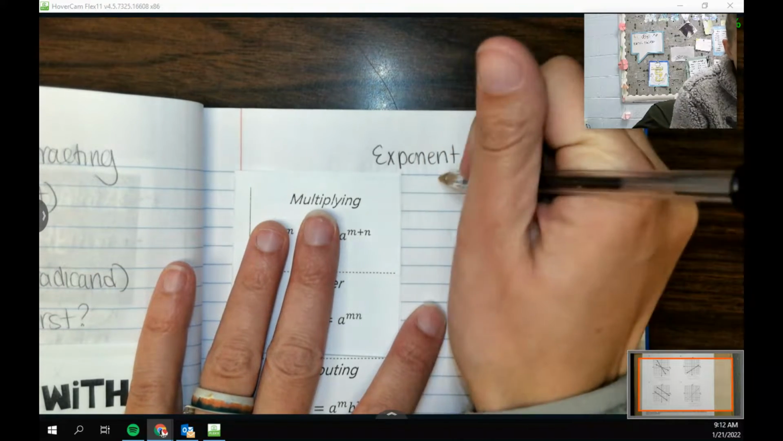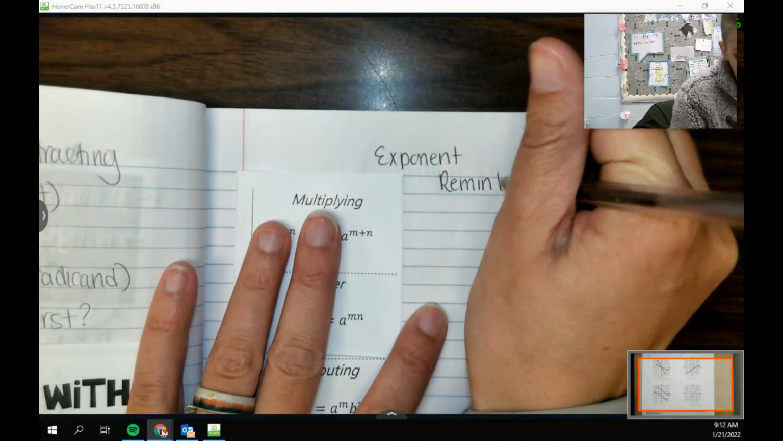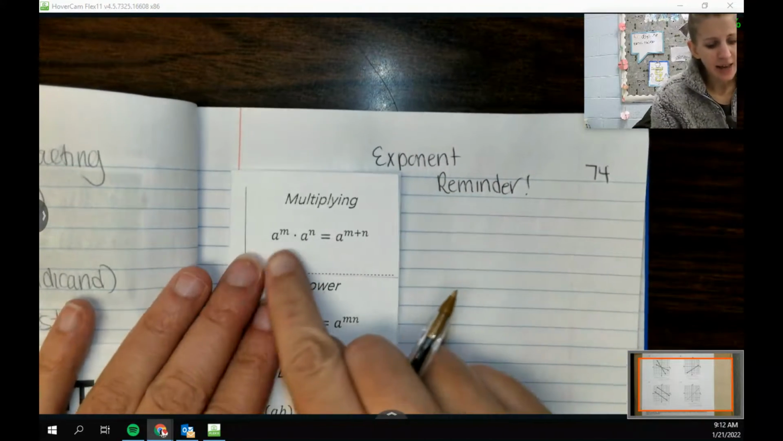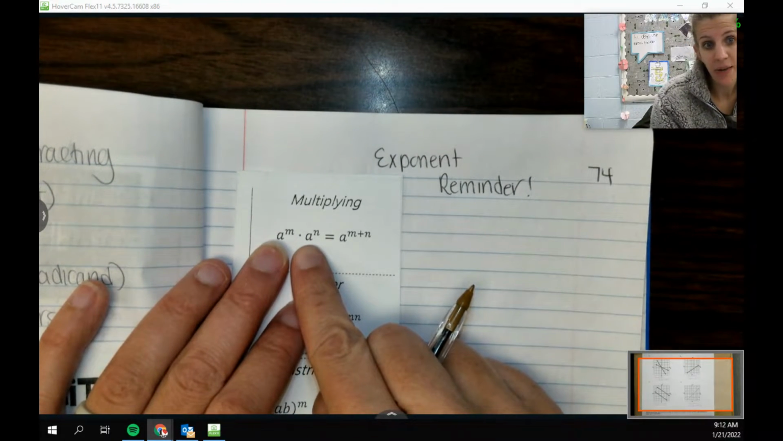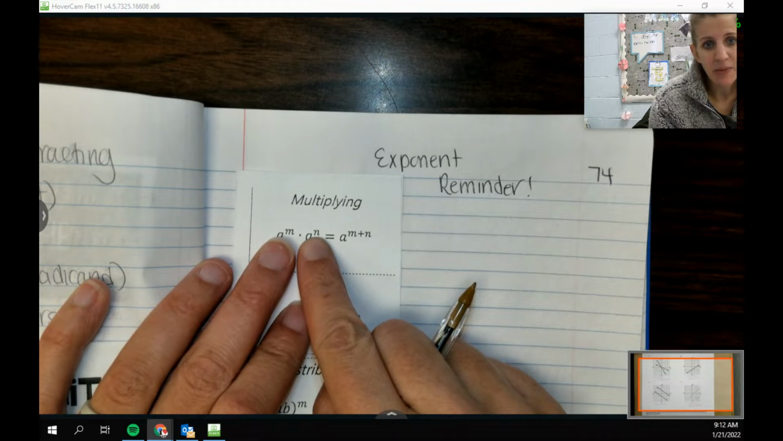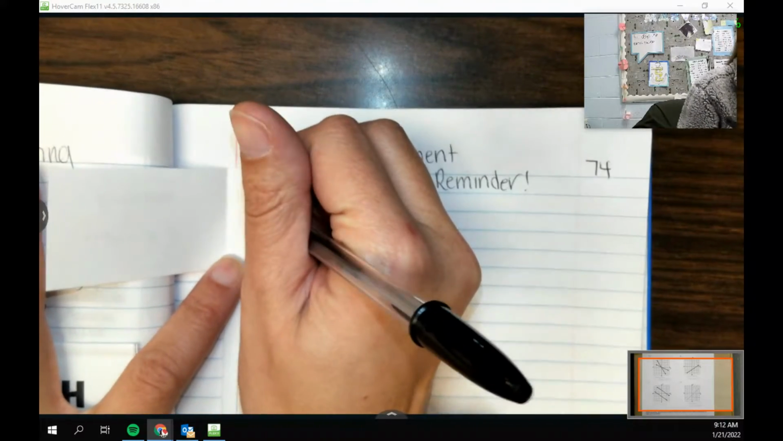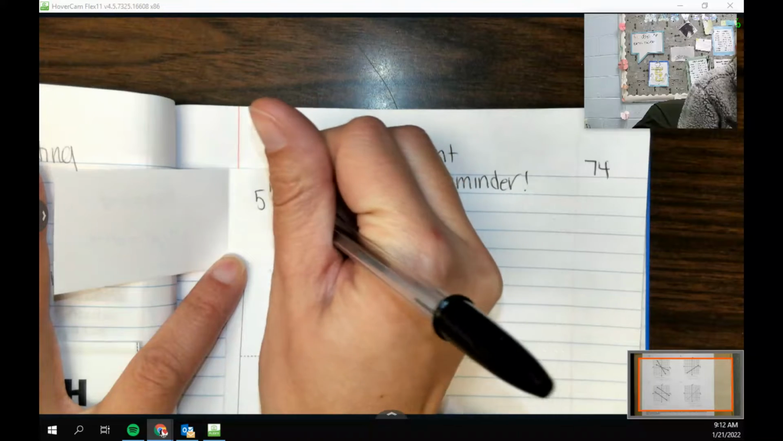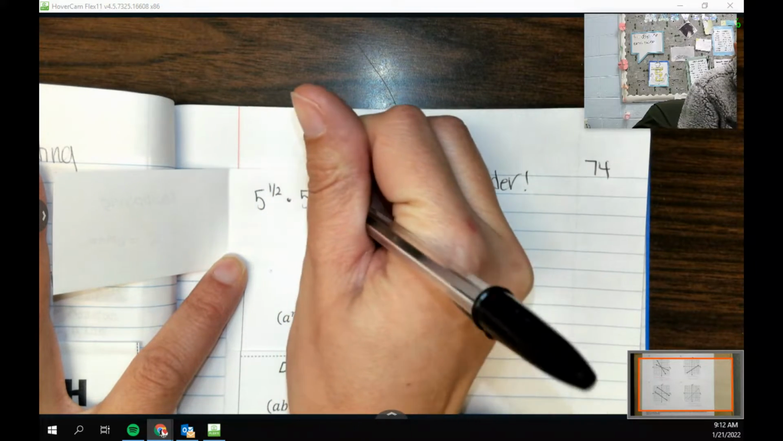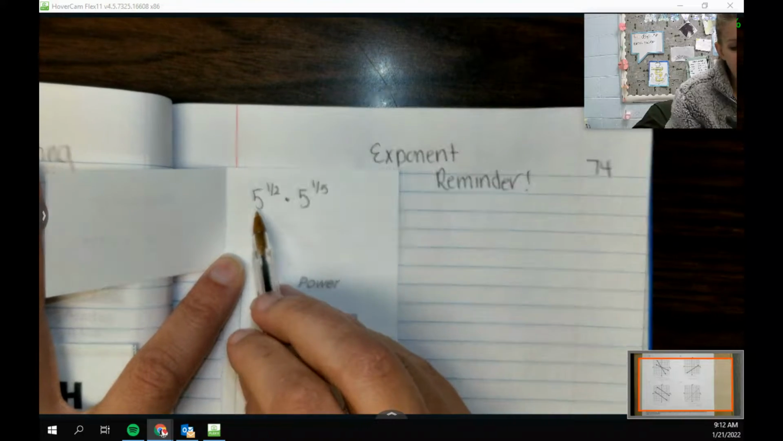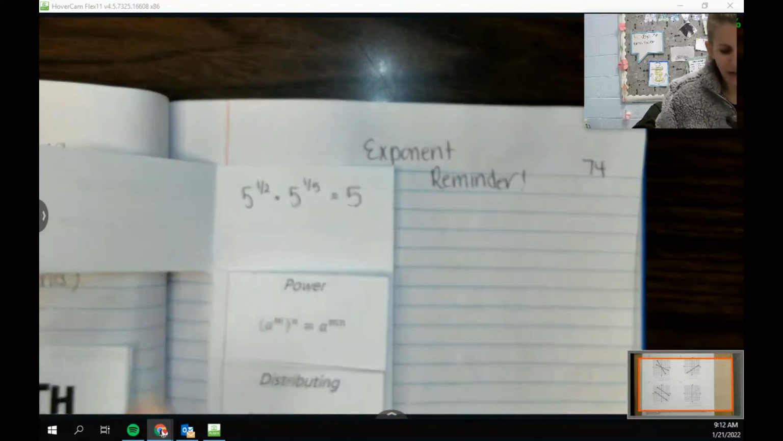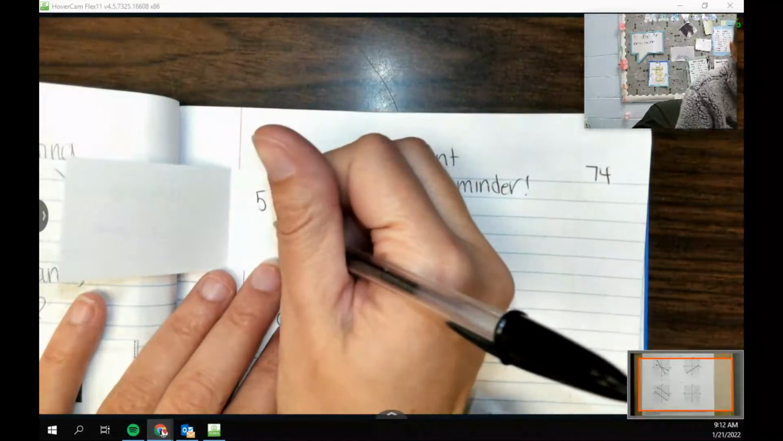Okay, alrighty. So here's our little exponent reminder. Again, these are things that hopefully we know. Like if I'm multiplying two letters that are the same or two numbers that are the same and they have exponents, then we should add those exponents. So as a cute little example, I could do something like 5 to the half power times 5 to the 1/5 power. And since my base numbers are the same, it's going to be 5 to some power where I have to add